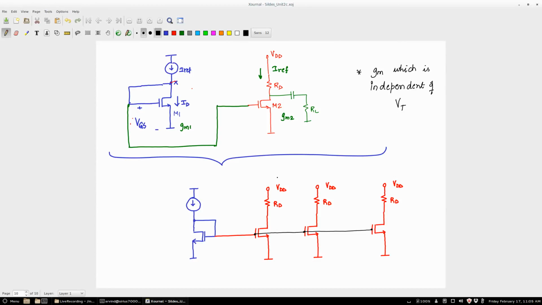So this is our first look at one kind of more advanced topology. We still have to study this because this is the biasing circuit, right? Now we have to look at how to connect the source, how to connect the load, and then calculate the gain and do all of those things. Okay, we can do that, but I think the general idea should be clear now. You use one transistor and you connect its drain to its gate. This kind of connection is referred to in books as a diode connect